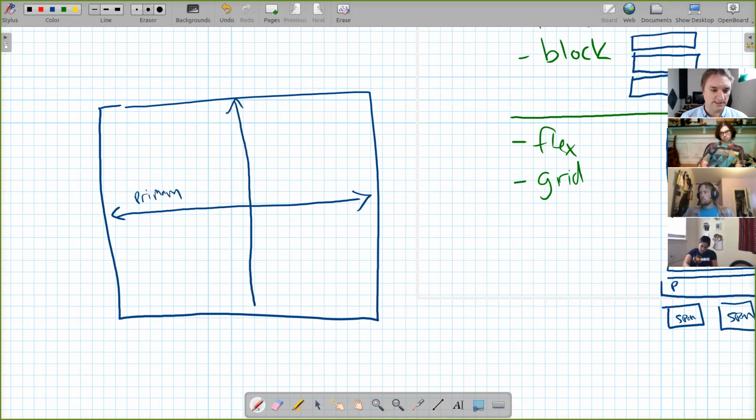Up and down is the cross axis. One word flips these, so it's not even rare. It has to do with how the content should flow. Does it normally flow left to right? Well, then we should use this row style